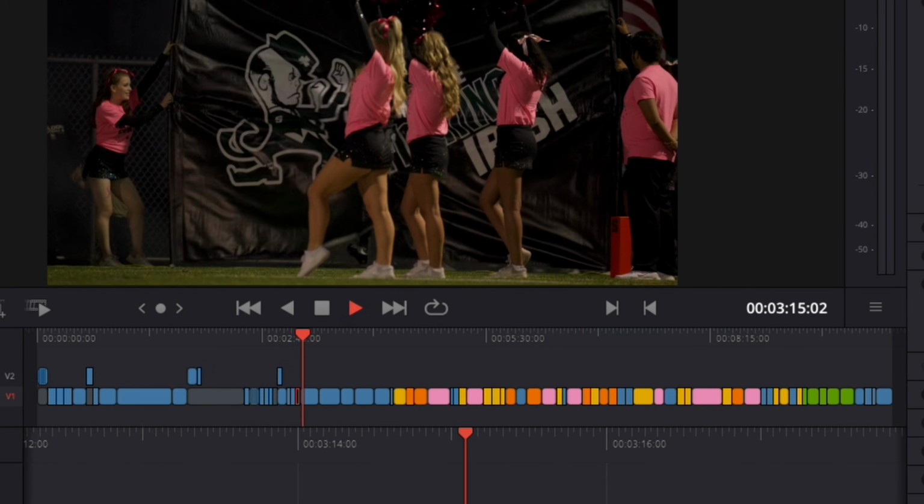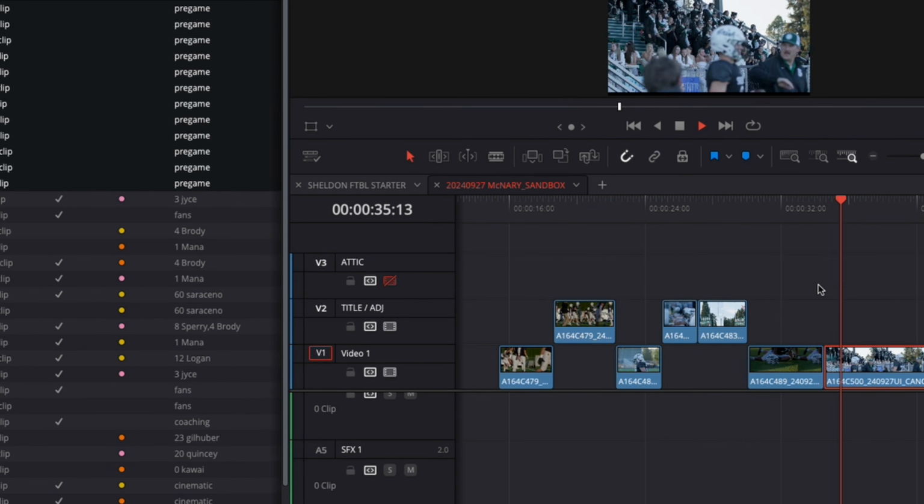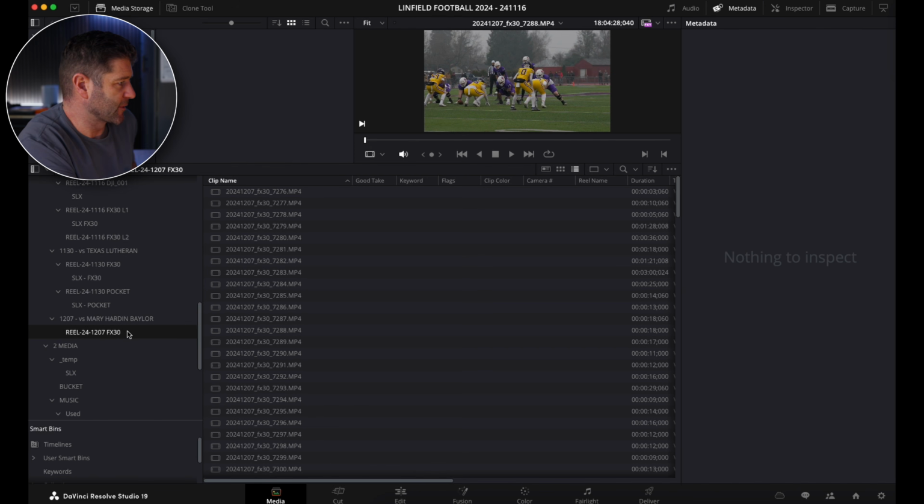Following these steps are going to allow you to be more organized game by game and have a better grasp of your overall footage, so when you get into the edit, you can be more creative right off the bat. Let's get to it. Jumping into Resolve here, the first thing I do is, after I've ingested the footage,